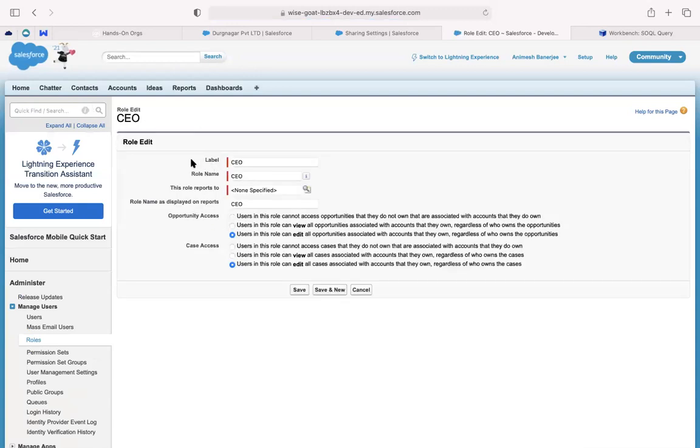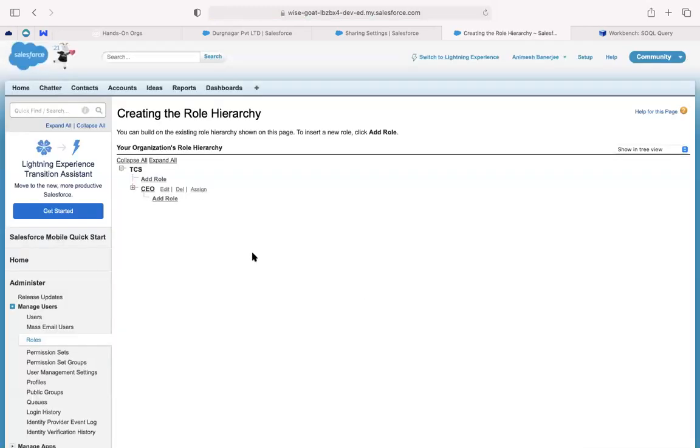In the role itself, you can choose what different forms of access you can give to people. Owner's access and case access can be a little different, and that you can also choose. But usually for any specific role, for specific records, whatever access the owner has, the manager also has the same access.